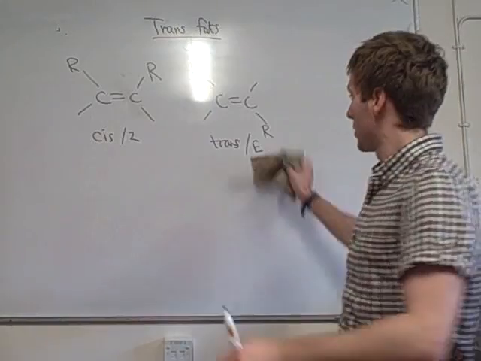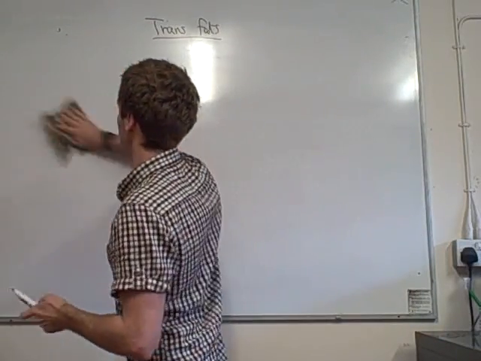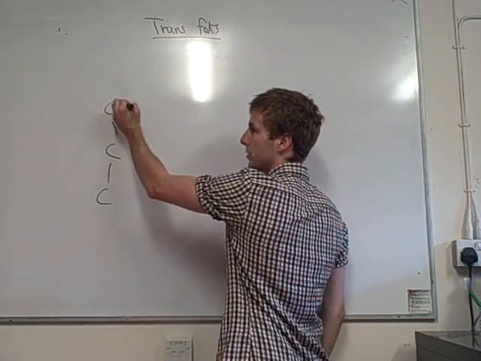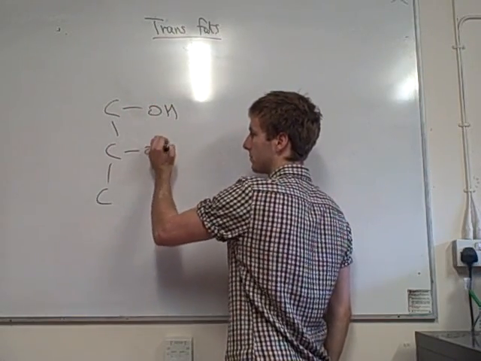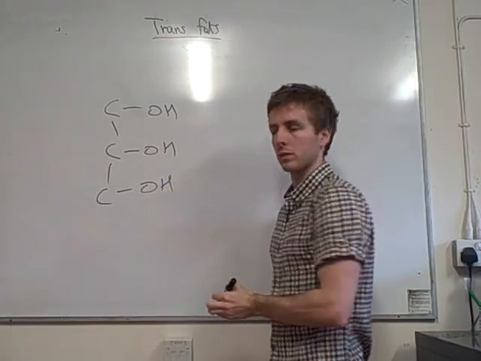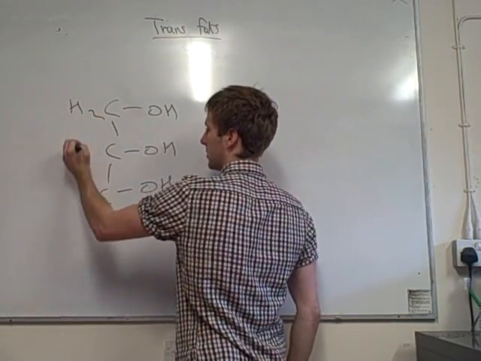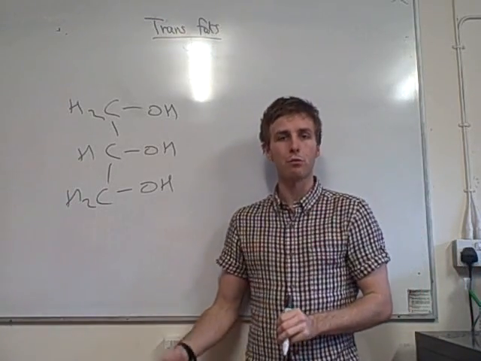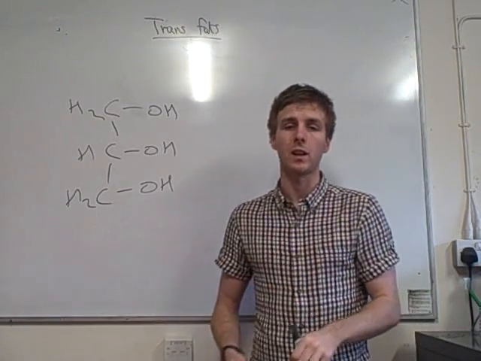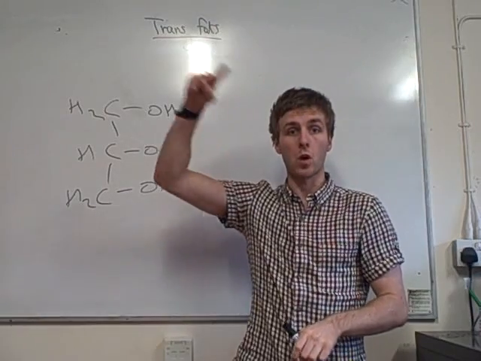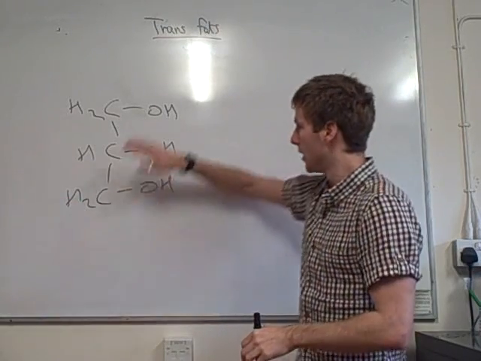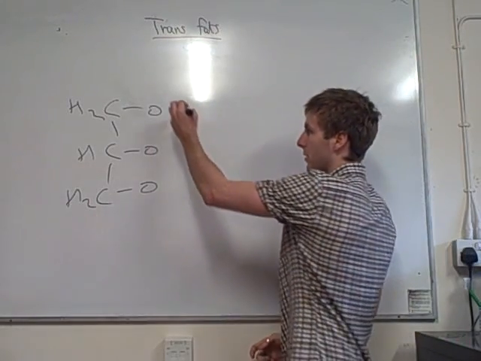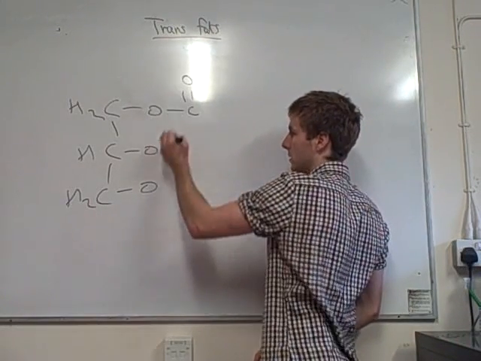So I'm going to draw for you a structure of a fat molecule. We have propane-1,2,3-triol. This looks like that, and obviously you're going to have your extra H's on. And what that does is it reacts with 3 fatty acids, which are basically carboxylic acids with a very long chain of carbons coming off it. So this is going to react, we're going to get an esterification reaction, water is going to be given off, and we're going to get